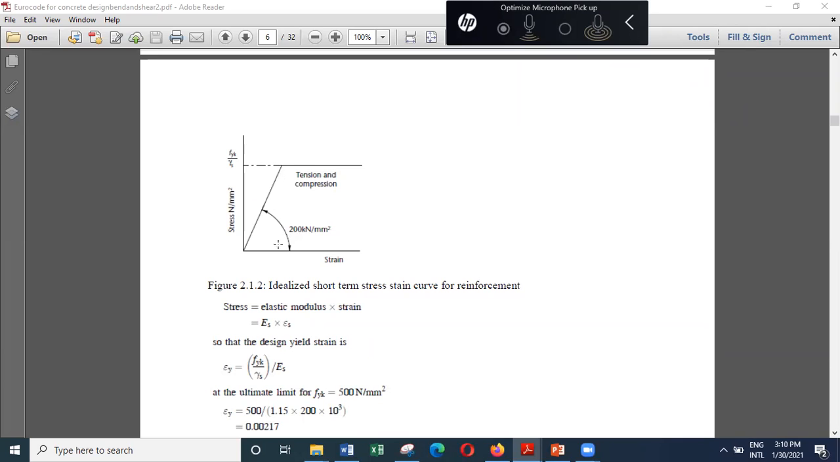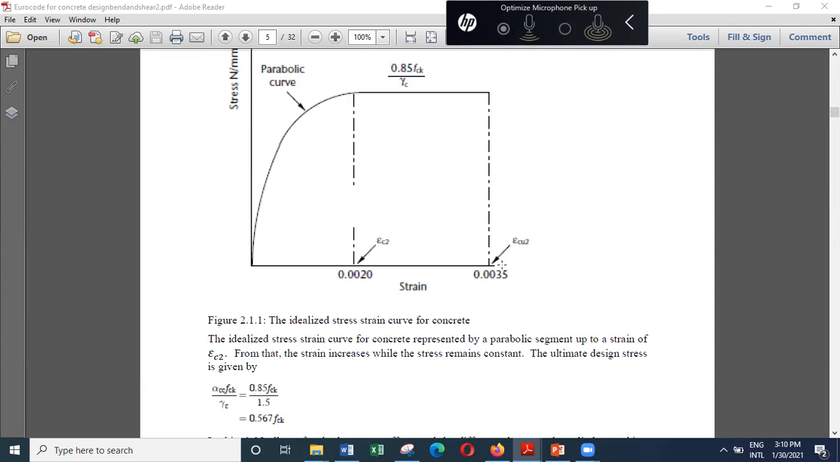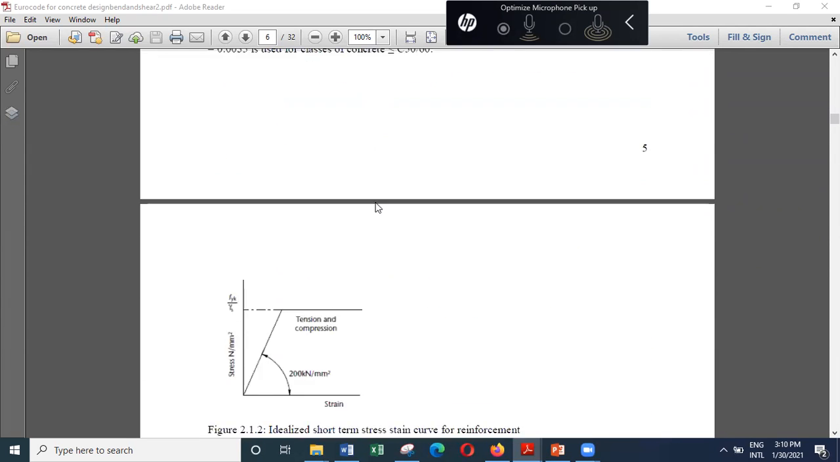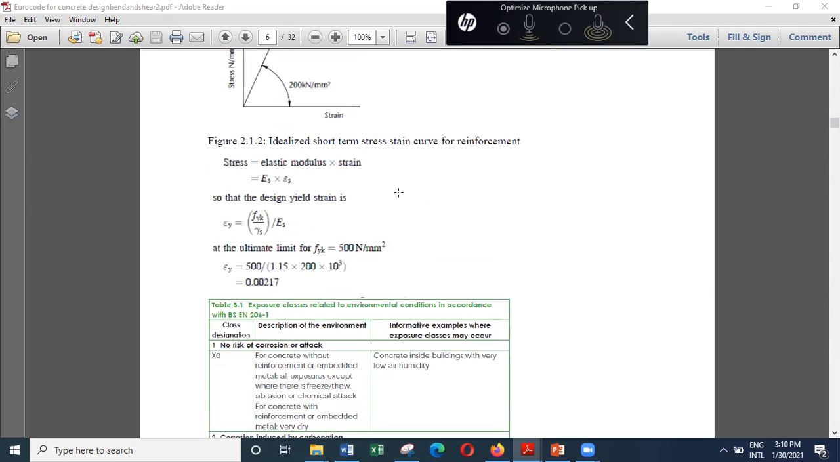So that is the strain at which steel yields, and concrete crushes at a strain of 0.0035. So we have a material where concrete is good in carrying compression and steel is good in carrying tension, and then we can combine them and convert it to reinforced concrete. So one of the important parameters about the concrete is the